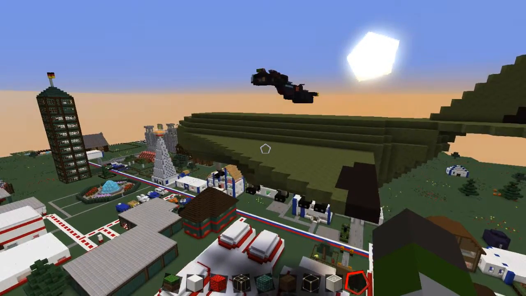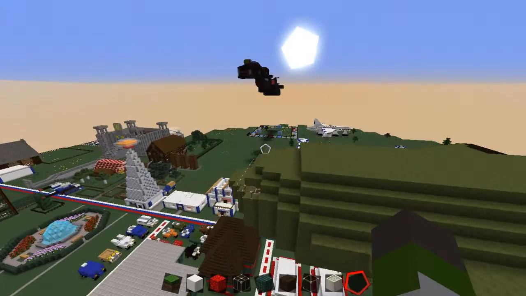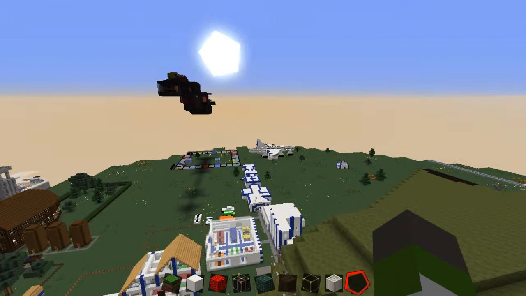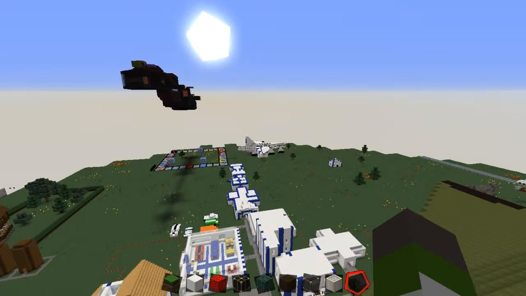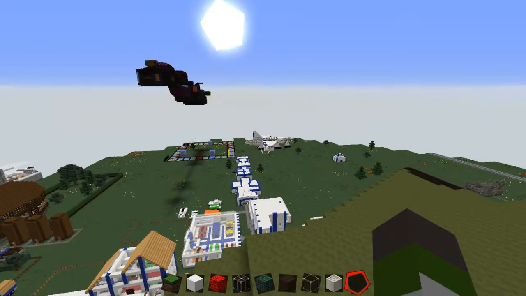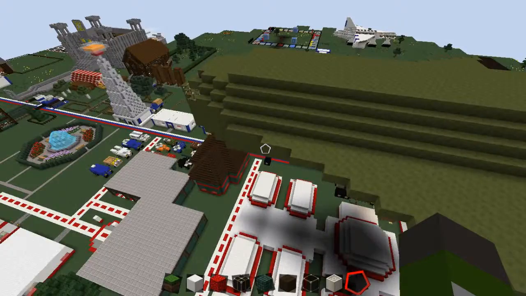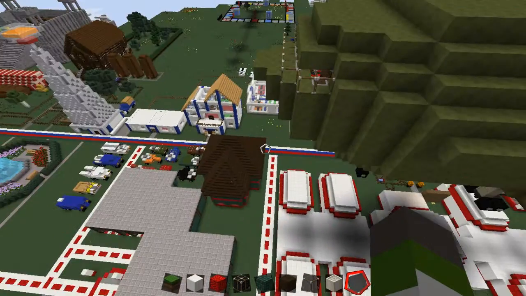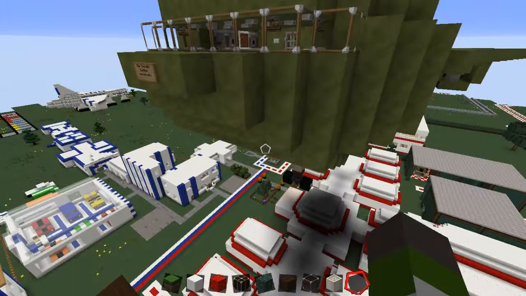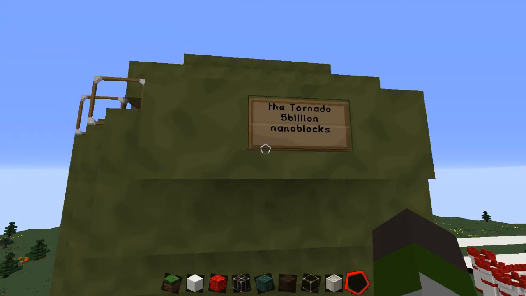So, this is the first aircraft that you've seen in our world. I built mine flying, that's A1 Thomas's over there. He built his on the ground because I don't know why. To be honest, it's much easier to build things on the ground, but when we get to his side, you'll get to see his aircraft. You can decide whose is better. I decided to name this aircraft the Tornado, because I don't know. But there it is, the Tornado for 5 billion nanoblocks,